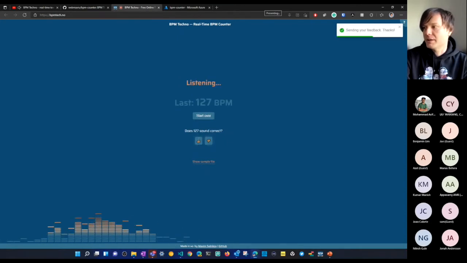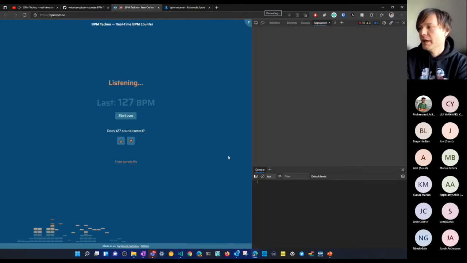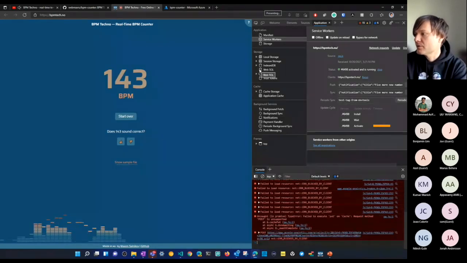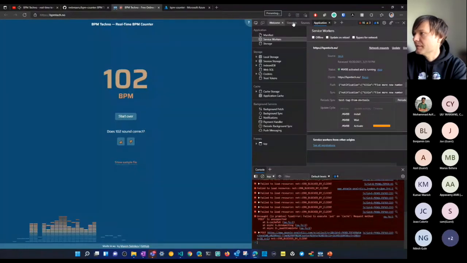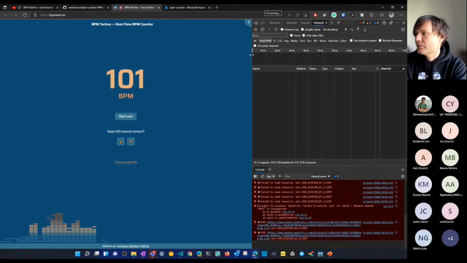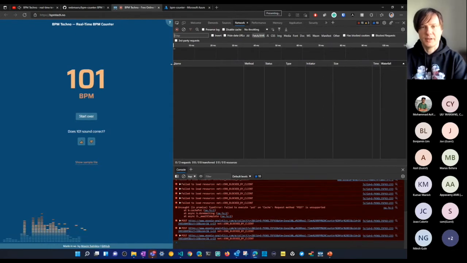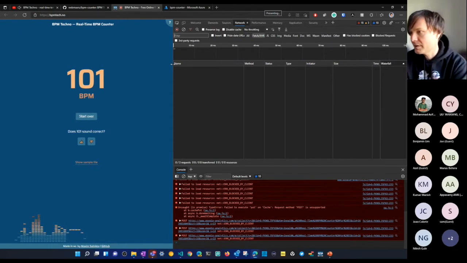And by providing that feedback, we actually trigger an API endpoint. I also implemented it using Azure Static Web Apps. It's part of the services we have for building these API endpoints.